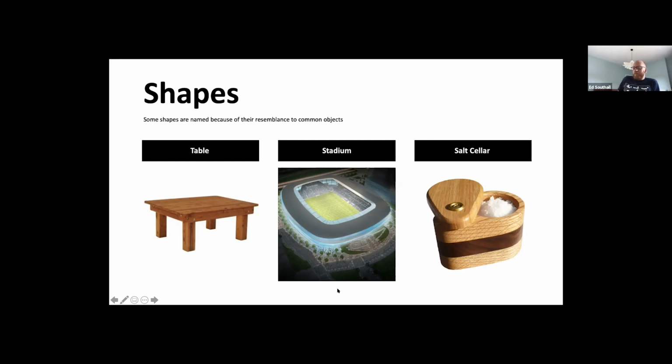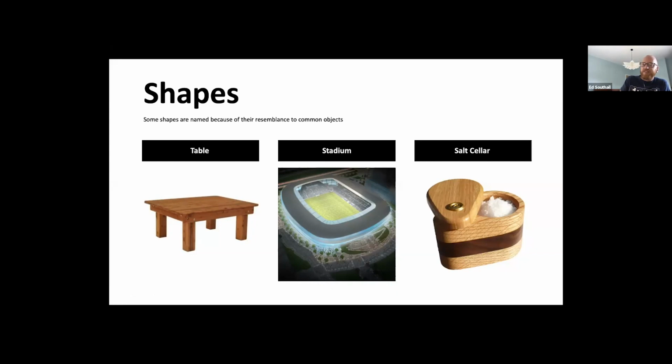I'm going to show you those shapes in a second, but what I want you to also do, and if you don't want this spoilt for you, you might want to look away from the chat because I'm sure people will know the answers to some of these. There are several other shapes as well as these 3 that are named after objects. So have a think about whether you know what those are or whether you can think of what they might be.